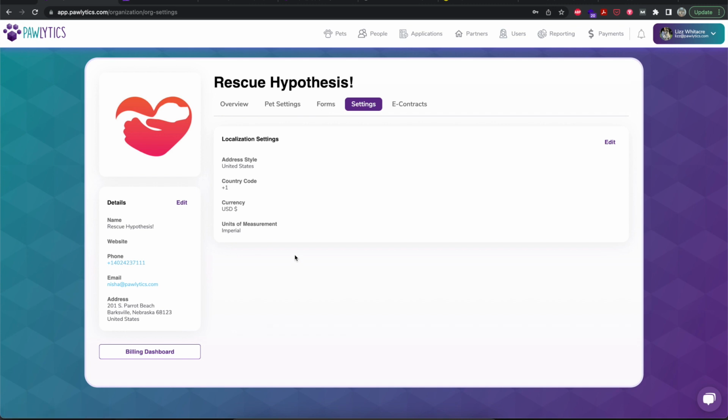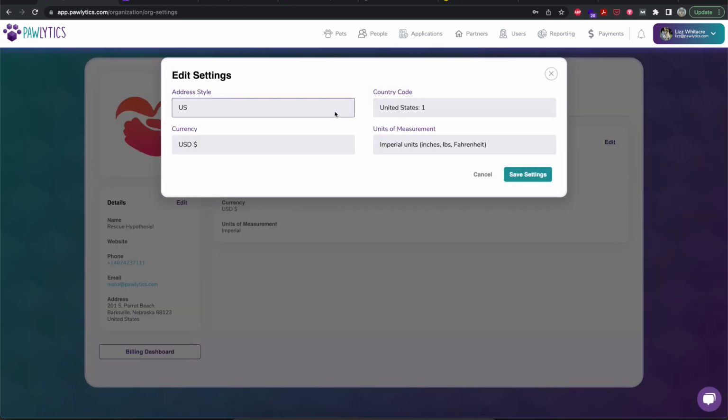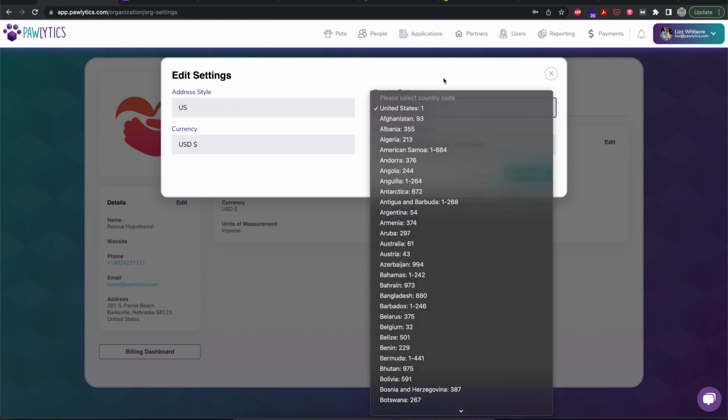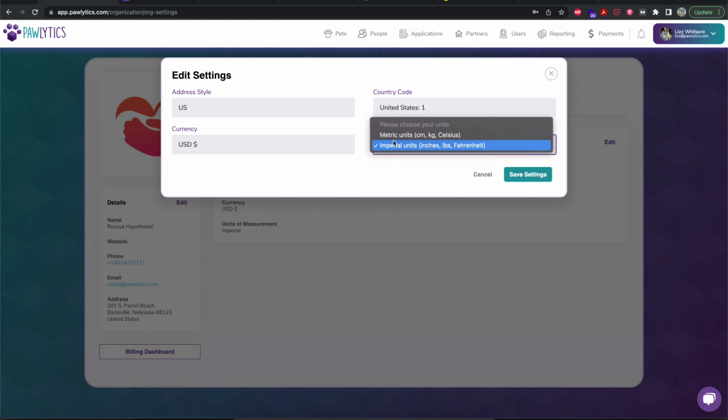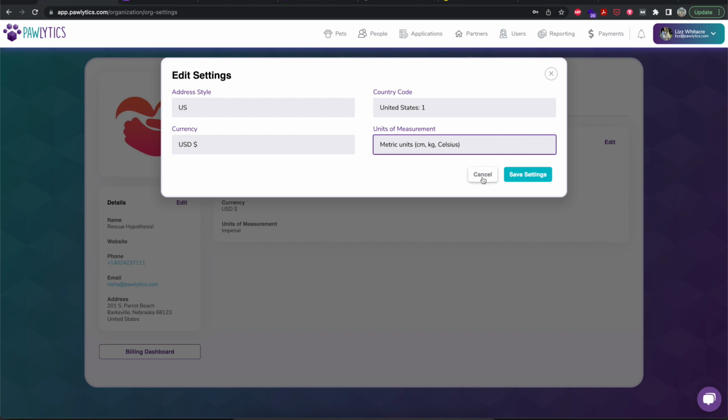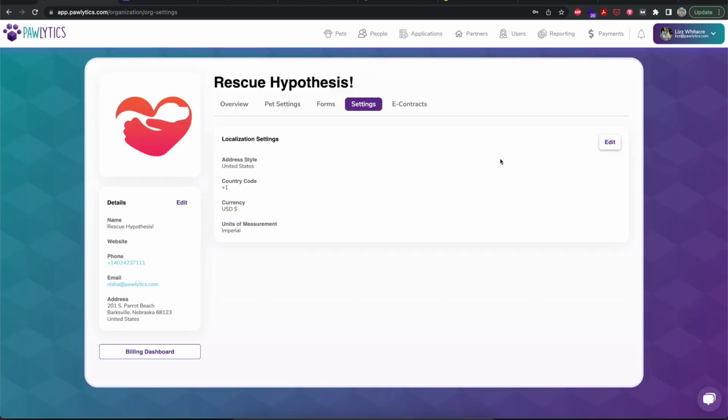Over here is settings. Now this is really only going to be important for international organizations who are not based in the United States. All of this will be set correctly if you are based in the United States, as it auto sets to US everything. But if you are an organization based outside of the United States, you can edit your local settings for your whole organization to change the defaults of your phone country code, the default of your currency, and the default of your measurements for units such as weight of the animals. Over into metric. So I'm going to go ahead and cancel this one because we are actually based in the